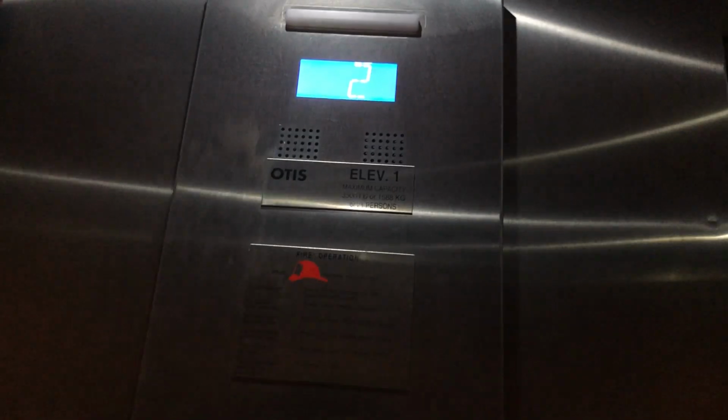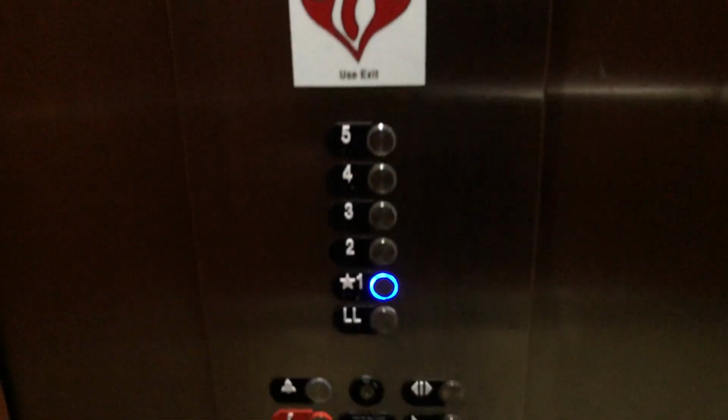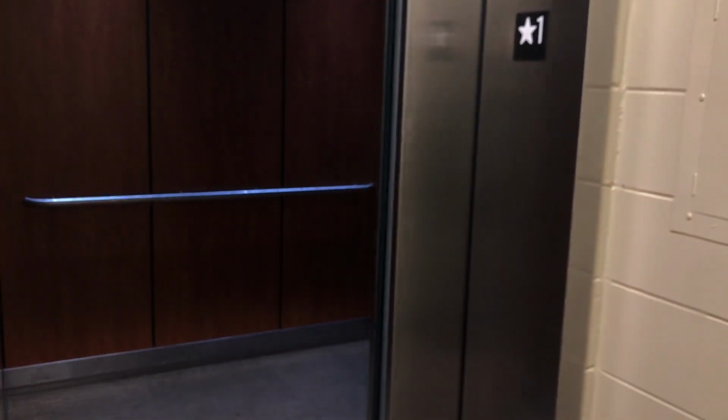It's a basic Otis fingerprint cab. Some little spot LED lights. Here I got 1. The closest nut's going to be at